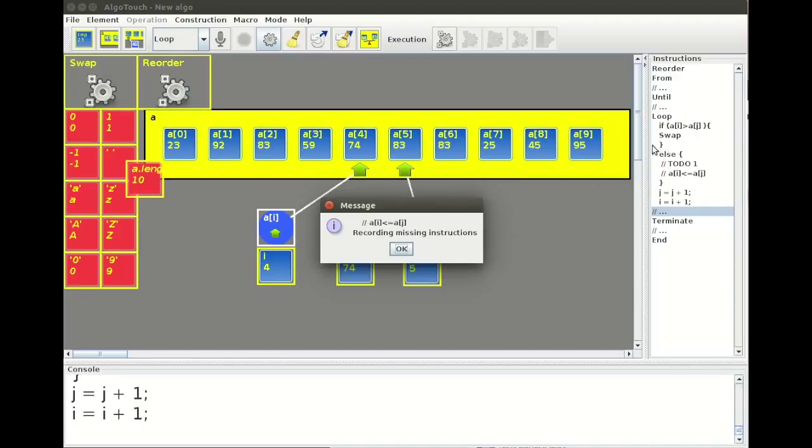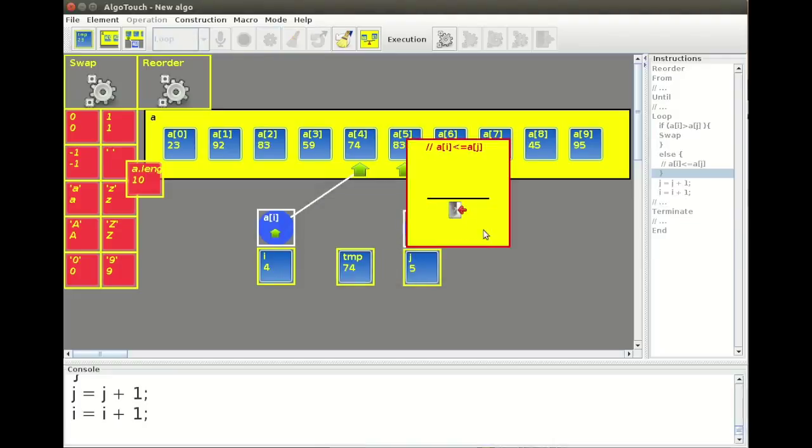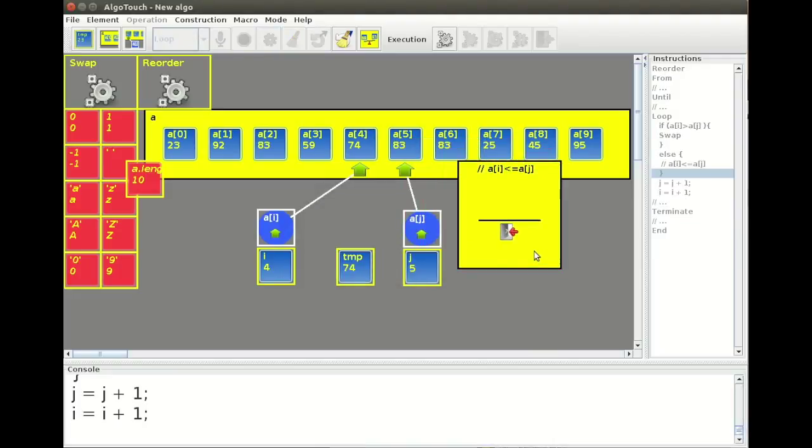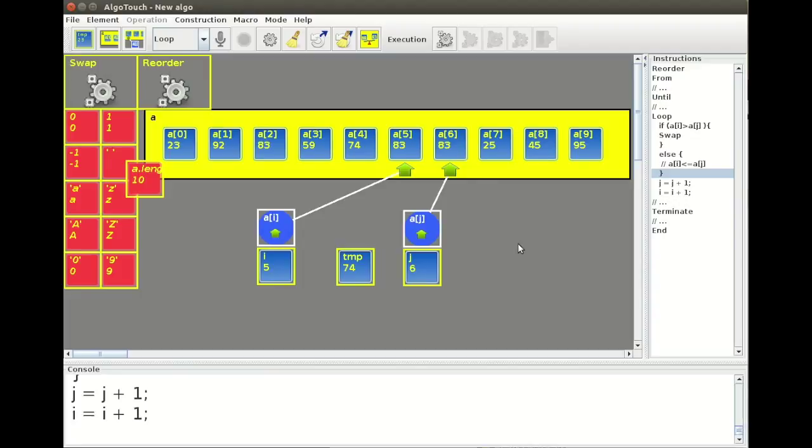As you can see on the right here, when I used the scale, the system generates the operation in the case of AI greater than AJ. I had to swap. But in the other case, it asks me what actions to do. In fact, I have nothing to do when AI is less than AJ. So I double click here to close it.